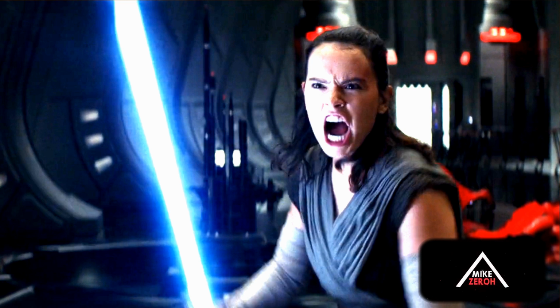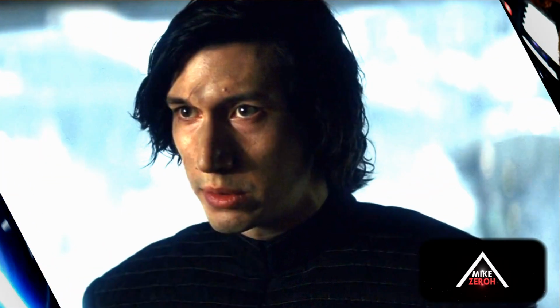Now, what I like about Episode 9 as well is that this seems like they really are borrowing a lot of elements from the original drafts of Return of the Jedi, in which, in the original drafts, yes, we did have similar sequences just like this, where there were more than 3 different characters in Palpatine's throne room, where they're trying to do new and amazing things to the Star Wars franchise, not just by borrowing elements from George Lucas, but also from Star Wars Legends